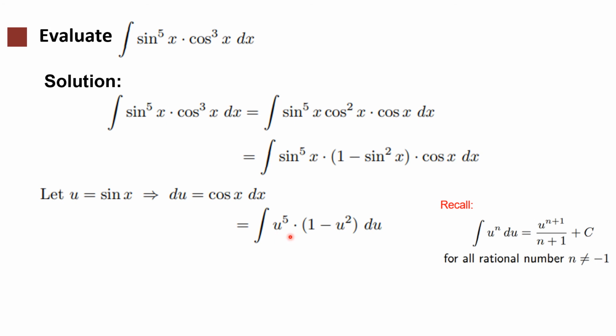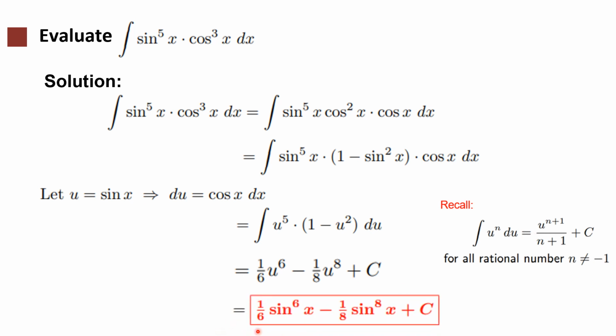Then the integral of u to the fifth times the negative u squared will now become negative u to the 7. So we have 7 plus 1, that becomes 8, all over 7 plus 1, so all over 8. So we have the following, that is 1 over 6 u to the 6 minus 1 over 8 u to the 8 plus c. But we have to go back to the original value of u, which is sine x. So we now have the following: 1 over 6 sine to the 6 x minus 1 over 8 sine to the 8 x plus